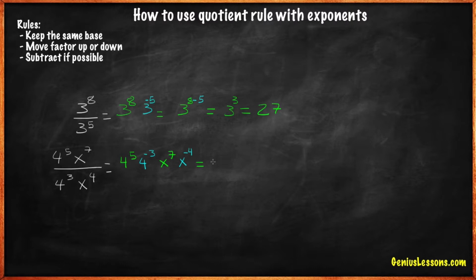In this case, we keep the base and add the exponents. 5 minus 3 is 2, and 7 minus 4 is 3. So we end up with 4 to the 2nd power times x to the 3rd power equals 16x to the